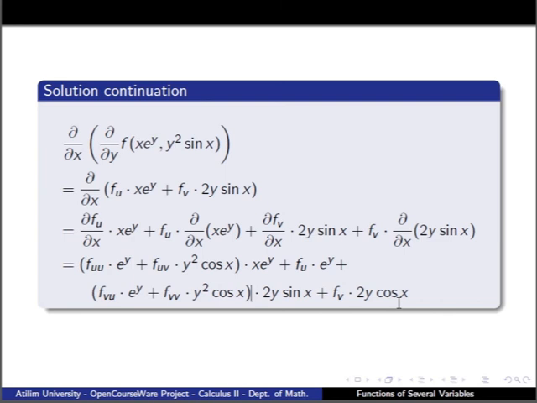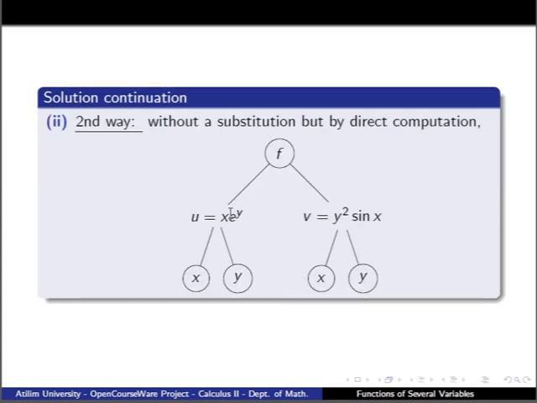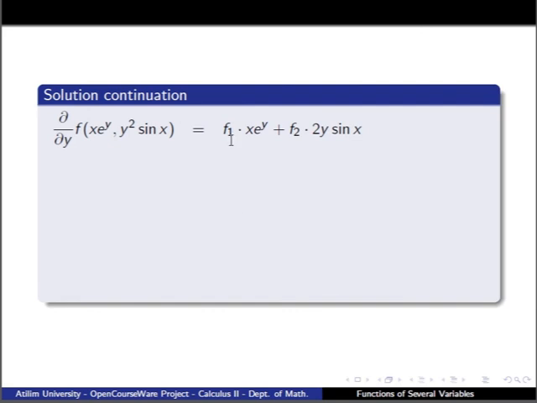Either we can use the substitution for the function, that is, we may substitute the new variables u for x times e to the power y, which is the first variable of f, and v for the second variable. Or we can use direct computation without substitution. In this case, we may name the variables as the first and the second variable. So we can say that partial derivative of f with respect to the first variable, which is f_1,